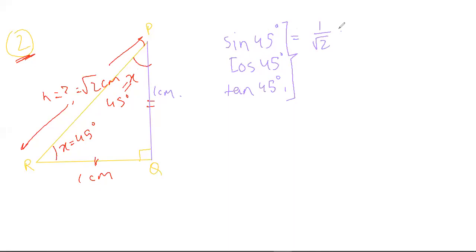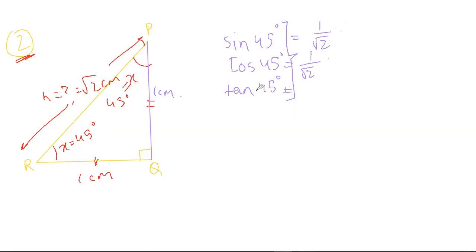So don't distrust this magic triangle. Please be comfortable with these magic triangles, because they are your only saviors in this, I know, post-apocalyptic mathematical world or something. So even if you want to find cos 45, okay, let's find cos 45. So cos 45 degree will be, with respect to angle 45 degree, base upon hypotenuse, which will be 1 upon root 2. And then again you will be shocked to find that it is the same value.